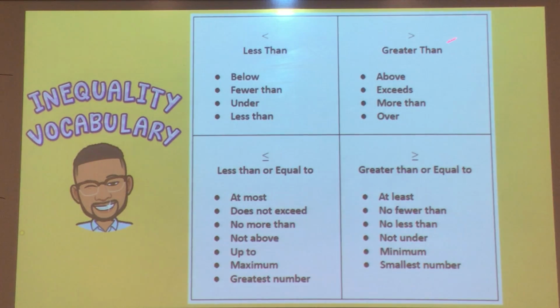Greater than, right here, you see phrases or words like above, exceeds, more than, over. And then when it's greater than or equal to, key phrases that you may see: at least, no fewer than, no less than, not under, minimum, smallest number. These are just typical phrases and words that you'll see, and they'll help you figure out which inequality sign that